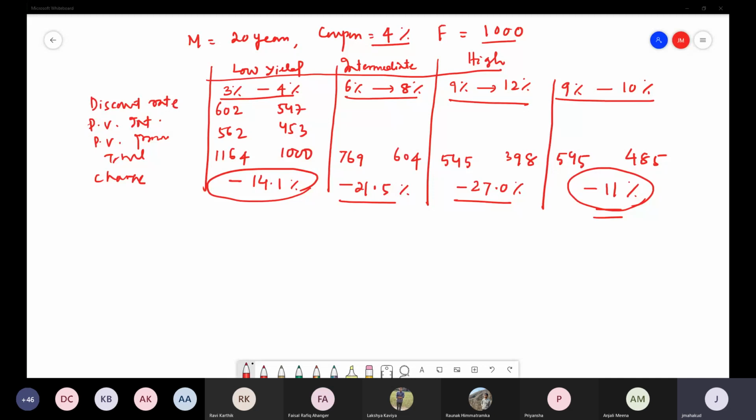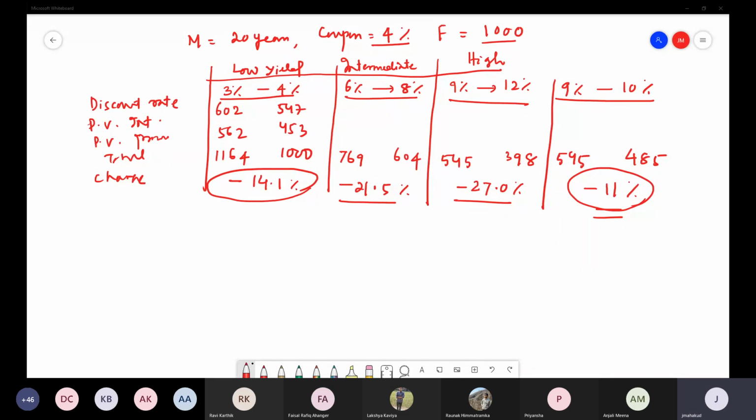So these are the different observations we can draw when we examine the price volatility or price change of a particular bond due to the change in the coupon, the change in the interest rates, as well as the change in the maturity period. Therefore, bond price volatility always depends upon the coupon, term to maturity, and yield level. Coupons and term to maturity are under the control of the issuing authority who issues this bond.